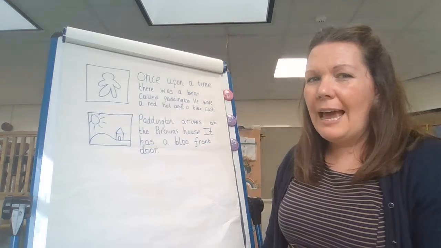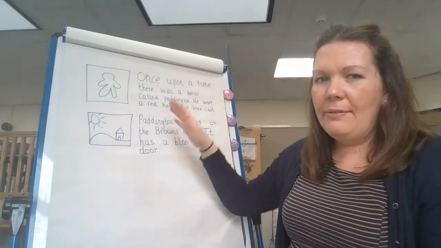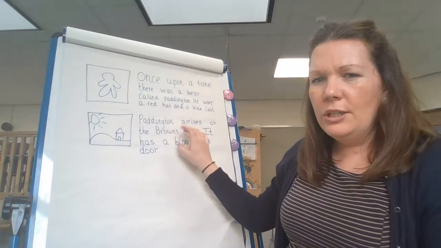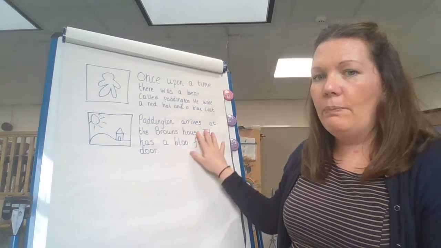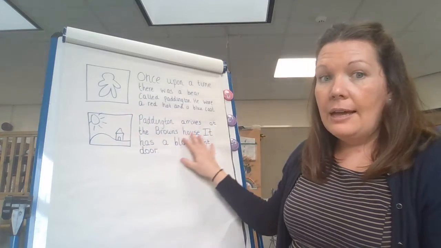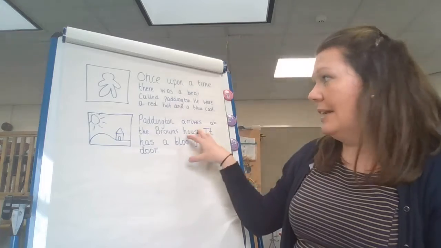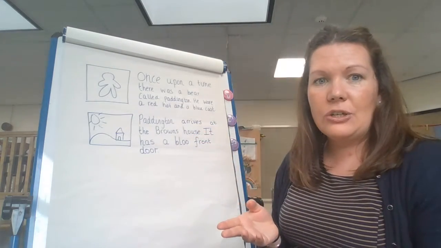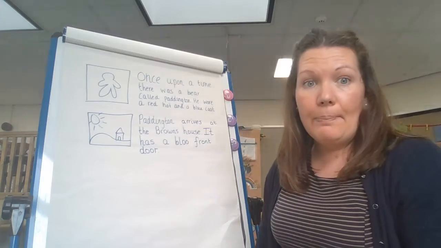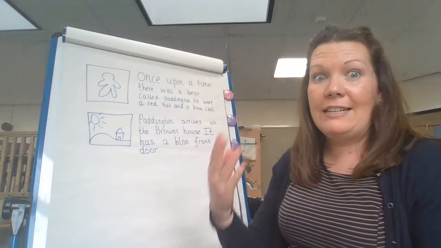And then I want you to have a think about, when you're thinking about your setting, what do you think tomorrow's problem will be? So once you've planned your setting, start having a few ideas to think what could happen in there. So what's going to happen in the Brown's house to Paddington? Or what will happen at the station to Paddington? Or what will happen in the bathroom to Paddington? Okay, so start thinking about that, ready for our problem